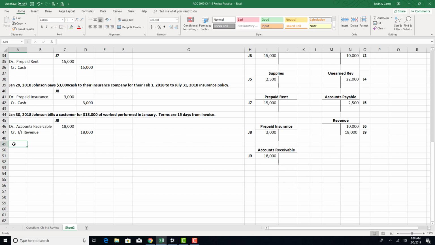Okay, let's add a bonus item here because I know you want me to. Johnson pays its utility bill in the amount of $500. They pay cash. They go down to the utility booth and pay it. Let's just roll with it here. Let me be clear, this pertains to January 2018